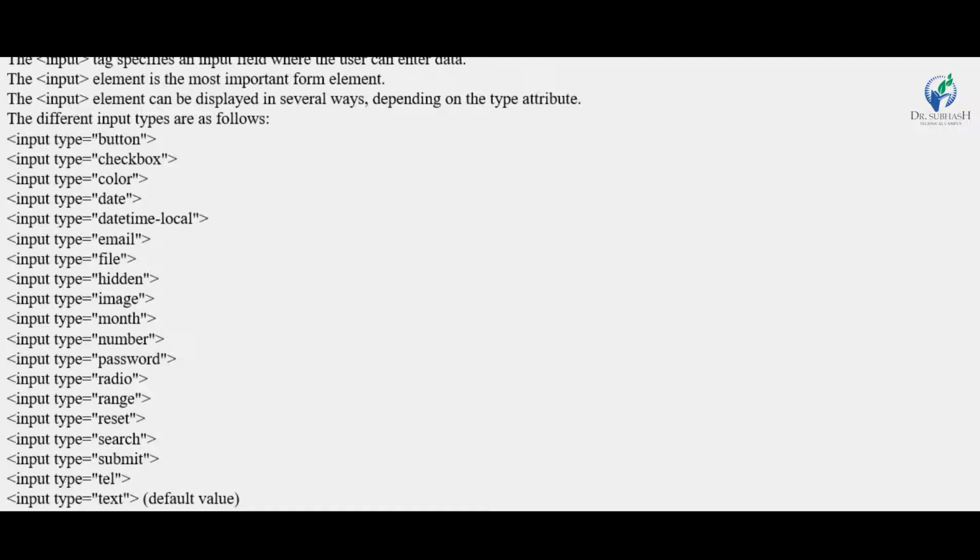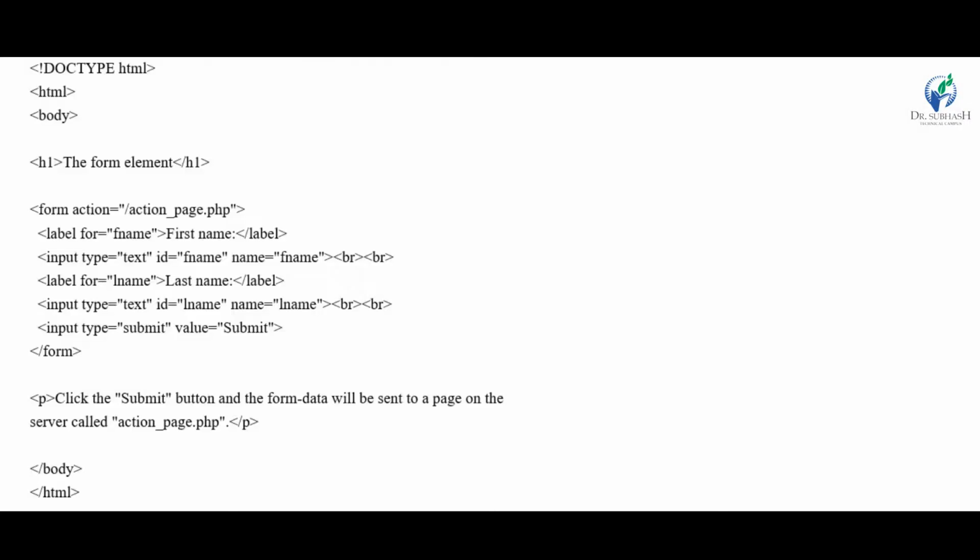The default value of the input type is text. We will show it with the help of an example.